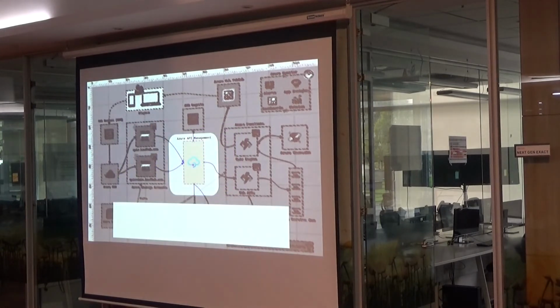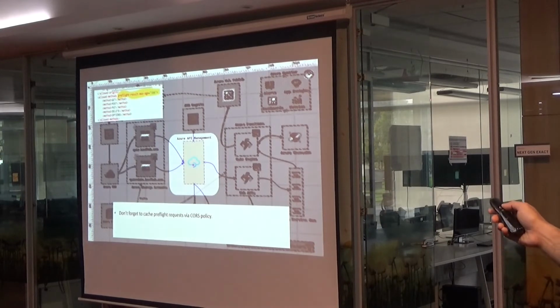API management, okay, gateway policies. Pre-flight requests, everyone's familiar with pre-flight requests. It will send an options request to see whether the API is actually handling it or not. If you cache the response, that's generally good, because you can set a gateway policy that says the pre-flight result max age is 3600 or 5 minutes.